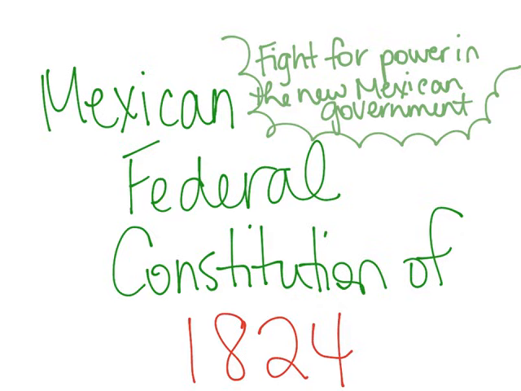The Constitution of 1824 also made Texas a part of the state of Coahuila y Tejas. We'll talk more about that in the next lesson. But the state capital of Coahuila y Tejas is Saltillo, and that's really far away from the Texas colony. Very few Texans were able to participate in government because it was very far to travel from their lands to Saltillo, so their concerns were never heard by the Mexican government. They had very little representation. To even vote, you had to go to Saltillo to place your vote, so very few votes were even made.